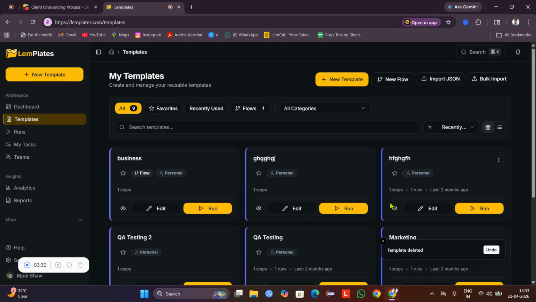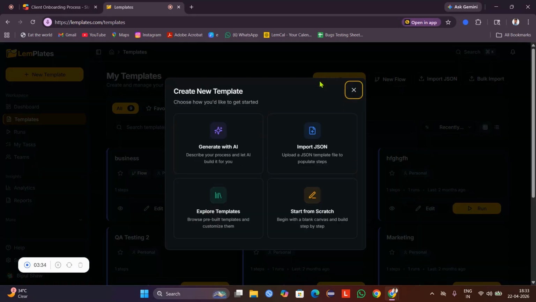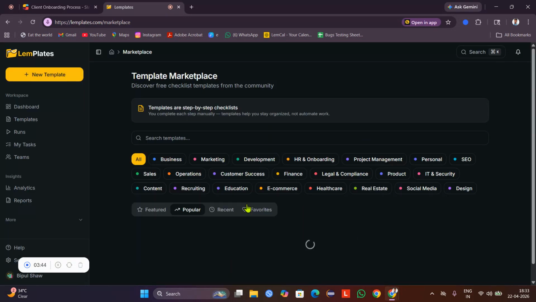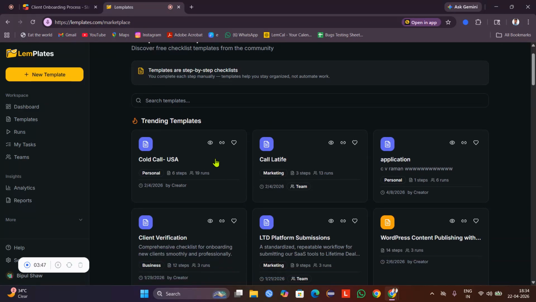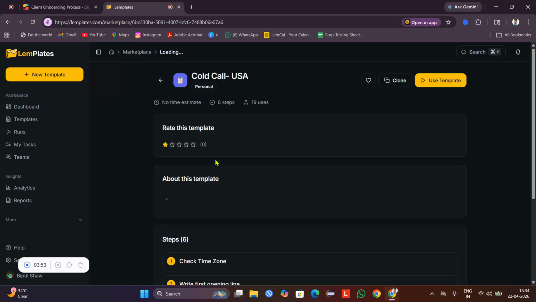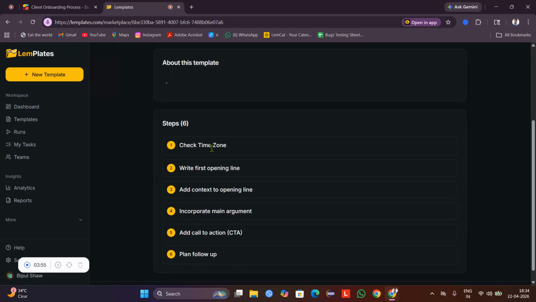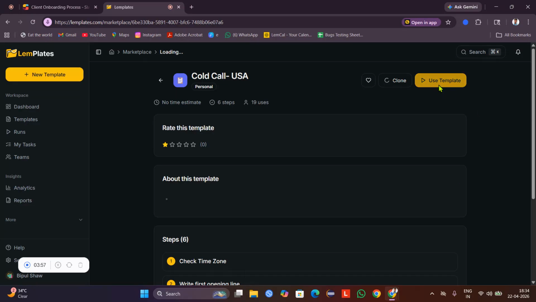I'll delete later. So I'll try one new template. Generate with AI, here you can see many options are there. So I'll go to explore templates. Here you can see many templates are there, so I'll click on cold call USA. Okay, here many steps are there, so I'll just use these templates.